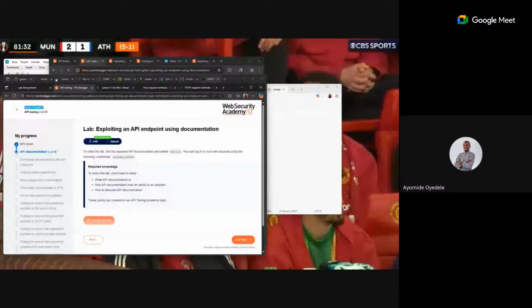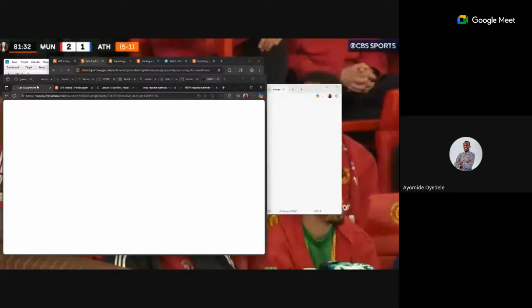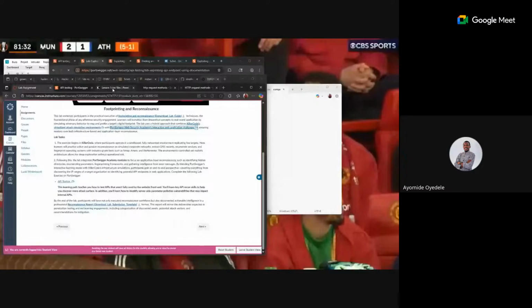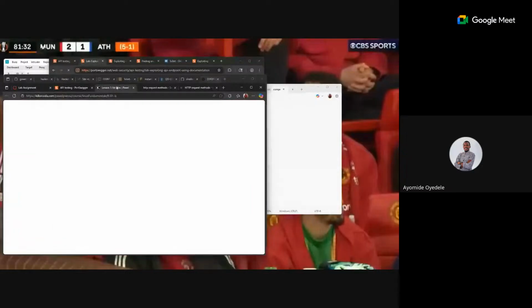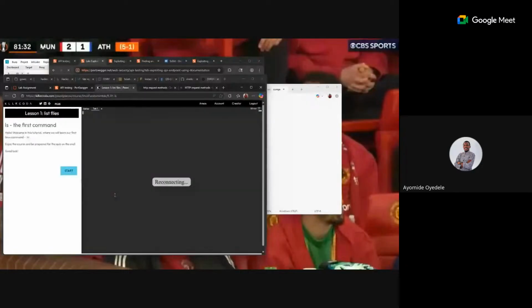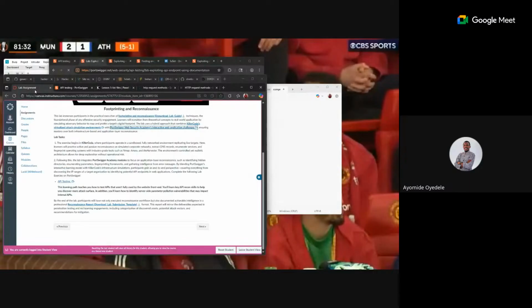So to round up for these, let me go back to killer coda. Yeah, okay, so now you can see we now have killer coda. It's trying to reconnect, but this is a Linux machine, right? Let me see, can I write anything? Okay, still reconnecting. This is the Linux machine that you can practice your lab from your lab guide on,